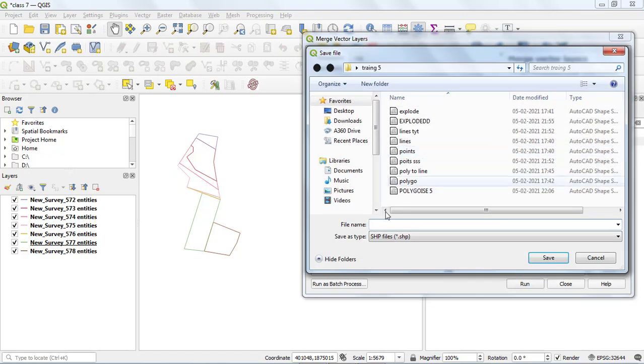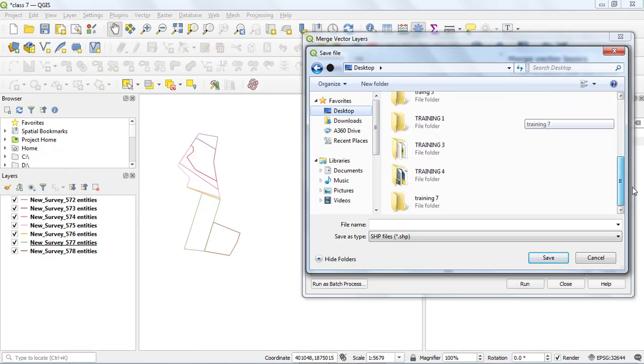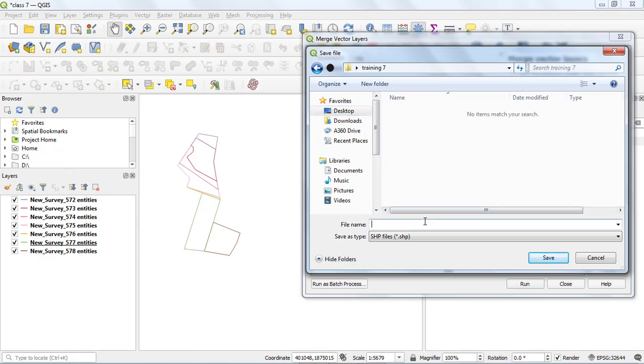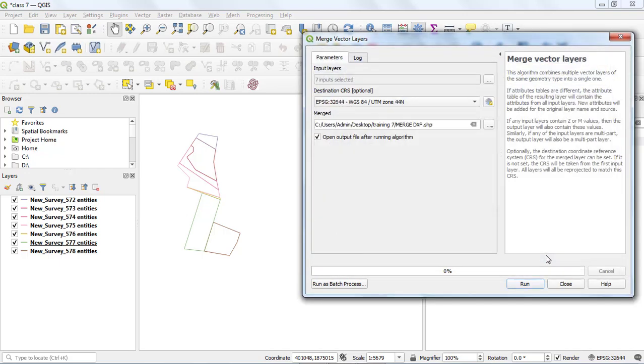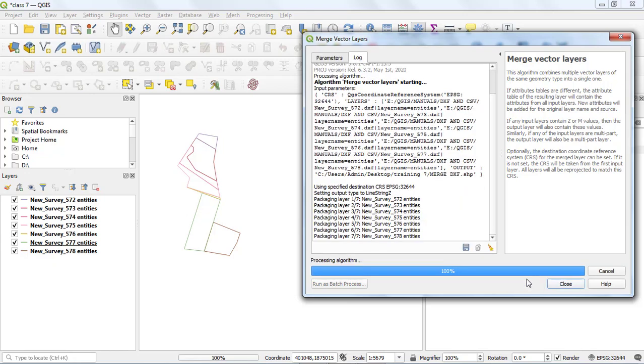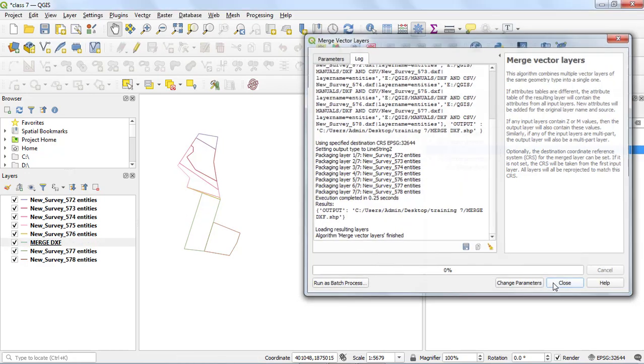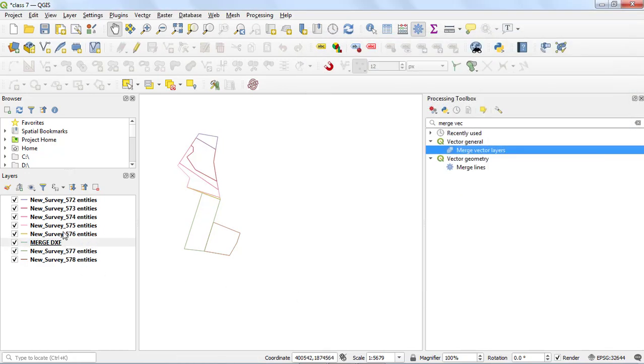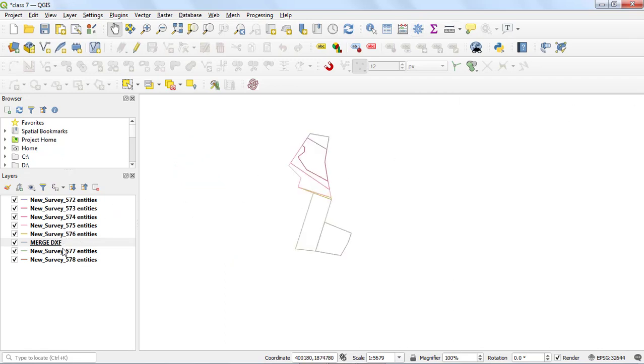Save to file, and in the training 7 folder which we have created, give the name merge DXF and click on save. After that click on run, and close. Here we can see we have created a shapefile layer by merging all these DXF files.